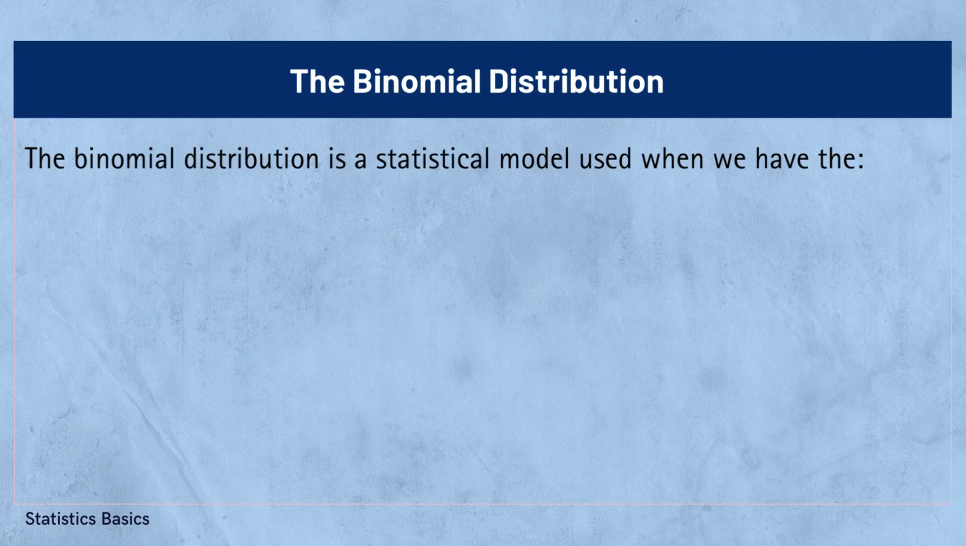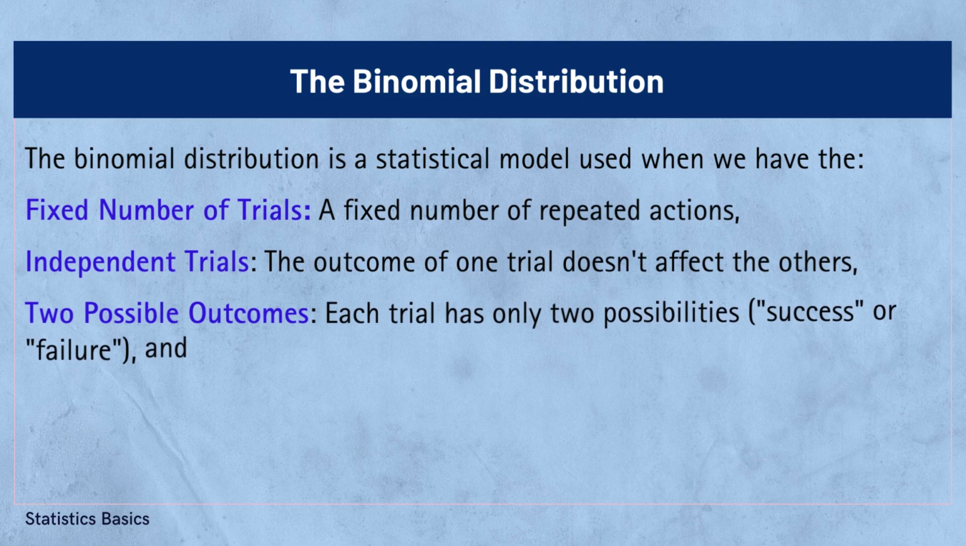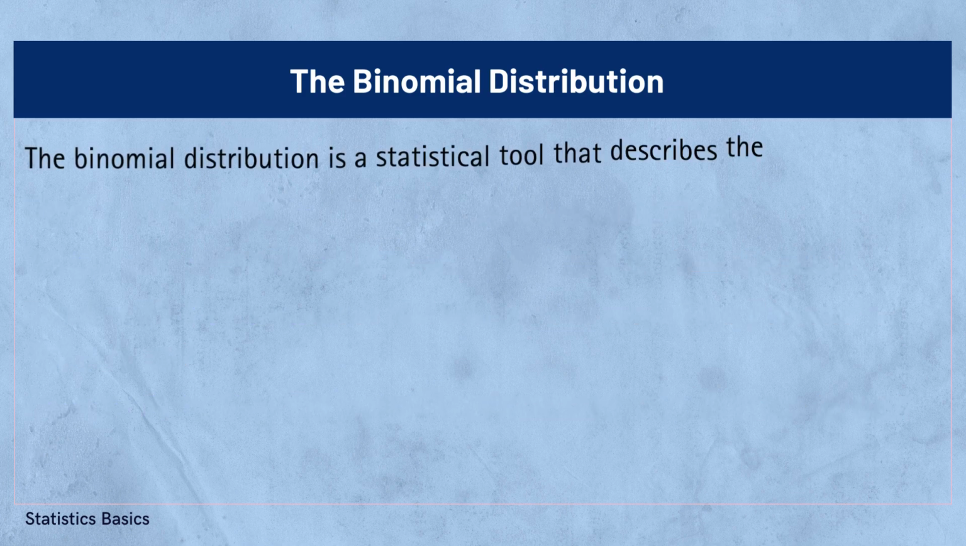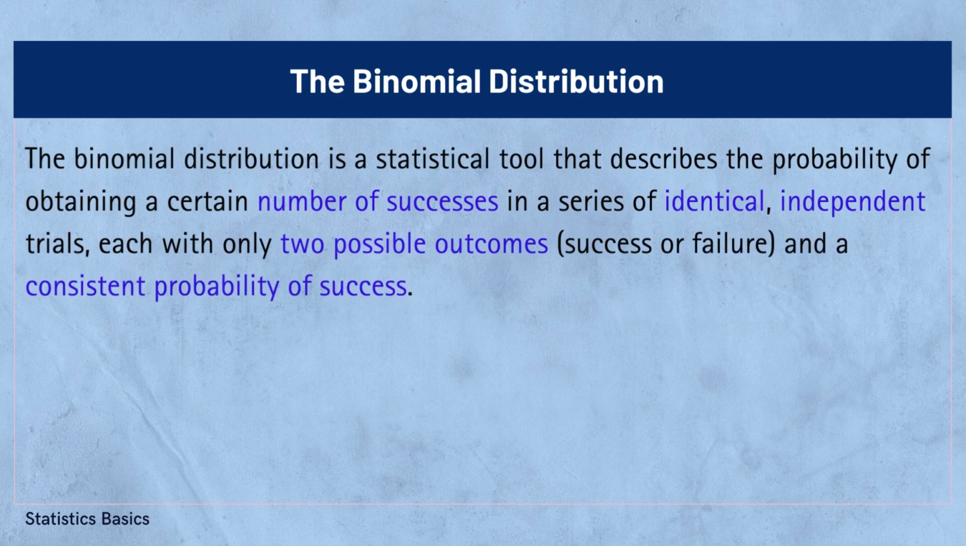The binomial distribution is a statistical model used to predict the probability of a specific number of successes in a fixed number of independent trials, where each trial has only 2 possible outcomes and a constant probability of success. In a nutshell, the binomial distribution is a statistical framework that describes the probability of obtaining a certain number of successes in a series of identical, independent trials, each with only 2 possible outcomes, success or failure, and a consistent